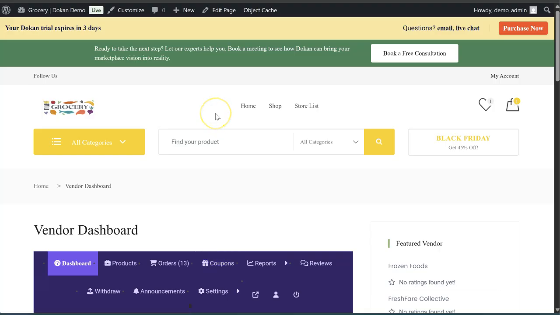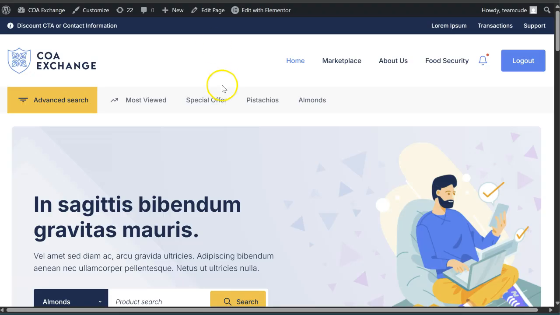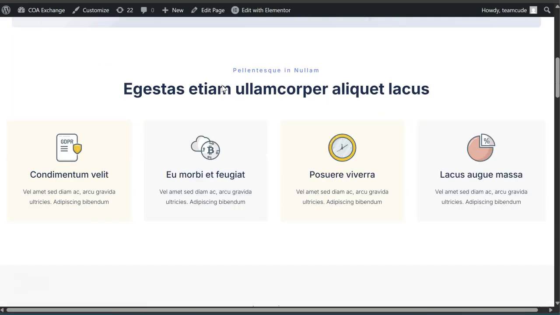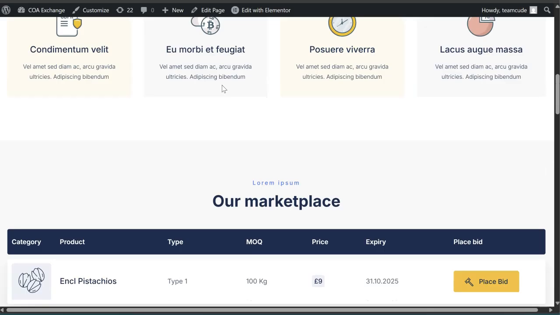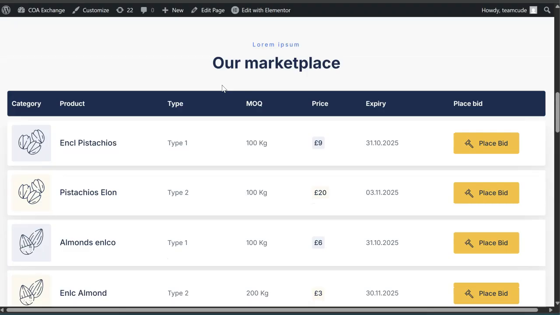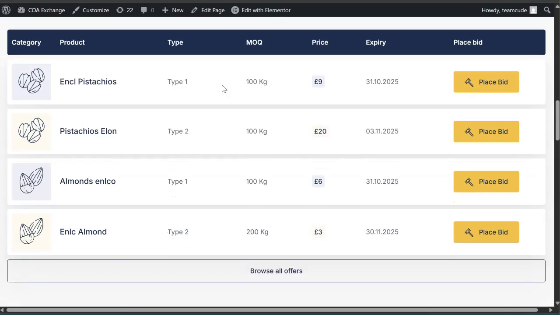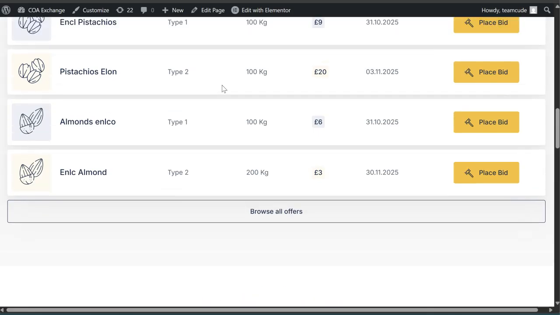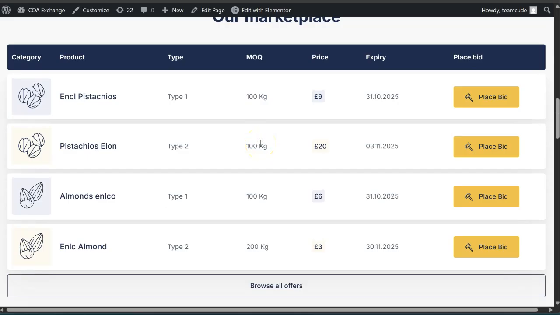So let me introduce what we created for a client. The website was called COA Exchange. And the concept of the project is this was a multi-vendor marketplace for wholesale produce. To begin with, it was going to be solely focused on nut products. So growers of pistachio and almonds from large farms, which have large quantities that they need to sell in